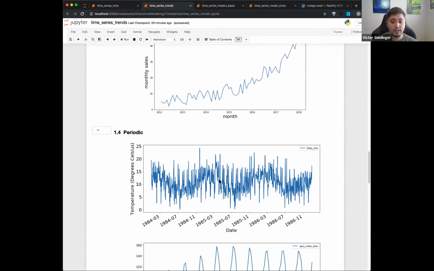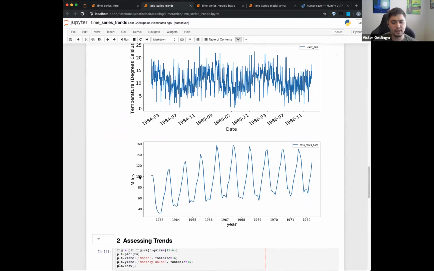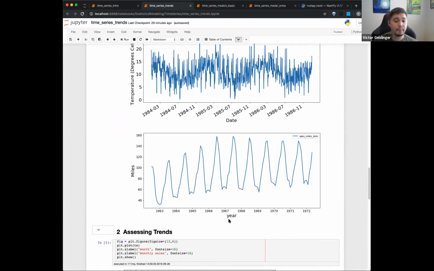We have periodic trends. This, for example, might be something like the temperature over the year, which we would expect to fluctuate with a regular interval. Note that there's still some noise in here, but you can definitely see there's a general trend of up and down. And you can see here miles flown, I think from the curriculum as well, by year, and that there is some seasonality to the number of miles flown. Maybe people fly during the holidays more and stuff like that.